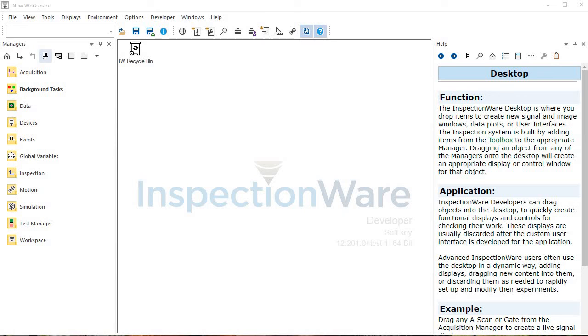Okay, so today we're going to have a little bit of an introduction to InspectionWare. The first thing you want to know is that InspectionWare can be used to deliver a polished app for a specific purpose, or you can use it in a sandboxing mode. So that's what we're going to do today. We're going to look at how you can try things out in InspectionWare and how to navigate your way around the